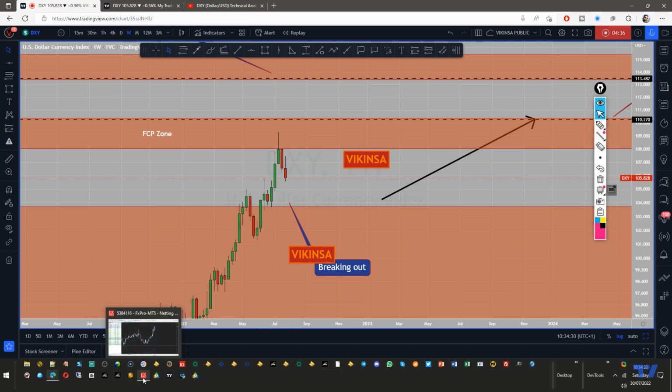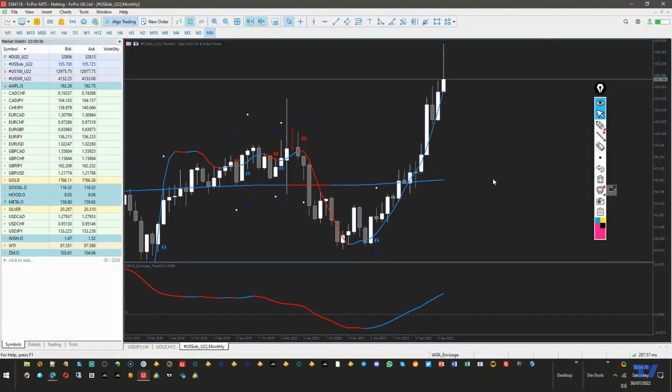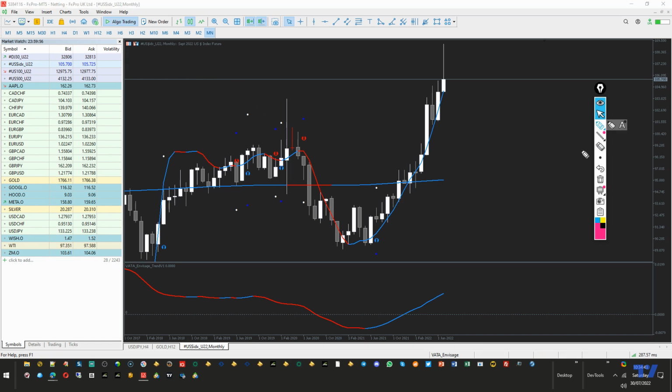Before we go there, let's look at What I'm Research. Now, on What I'm Research, if you're a subscriber, then you know how to read this. But let me show you what we can see. So we are still bullish because we have blue here on the monthly time frame. Everything is bullish, even though for the last couple of weeks it has been going down, but on the monthly time frame it is still bullish. So we should still be looking for bullish movements, if you're looking for longer term trades or swing trading.